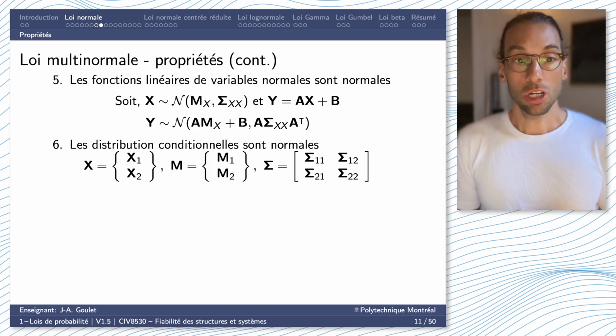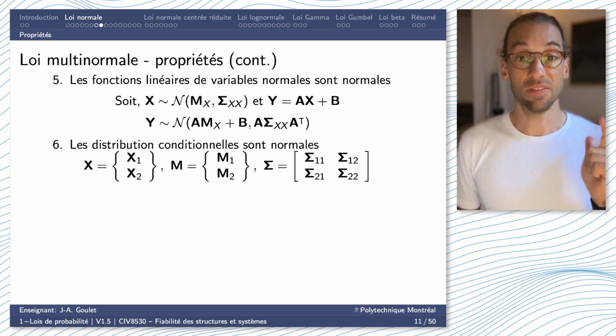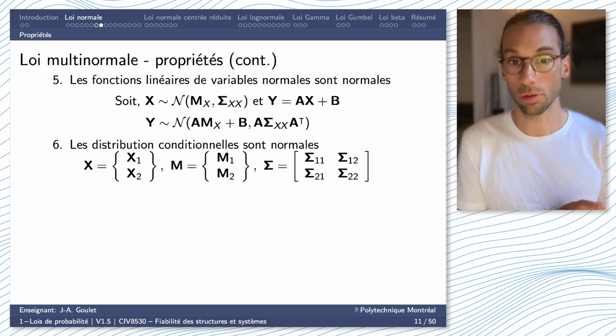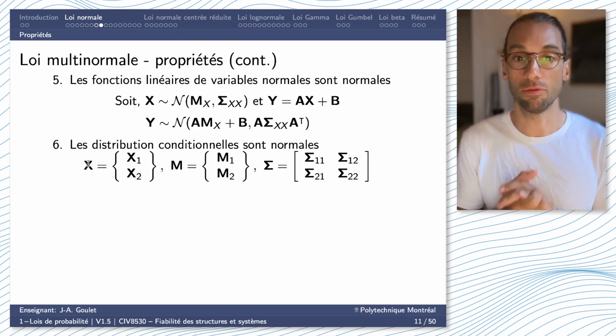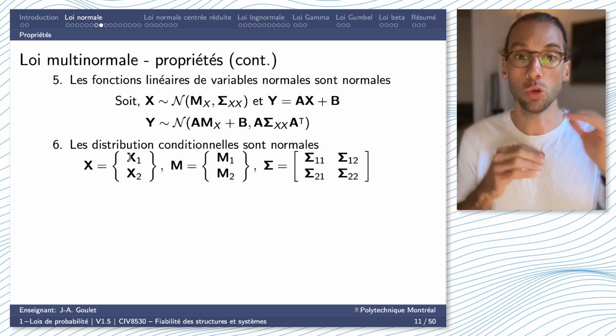With the Gaussian, the conditional distributions are normal, okay? And this is very useful to use observation to gain knowledge about other variables, okay? I'm going to detail this. So imagine that you have a big vector of a random variable x that I can partition into two subsets,